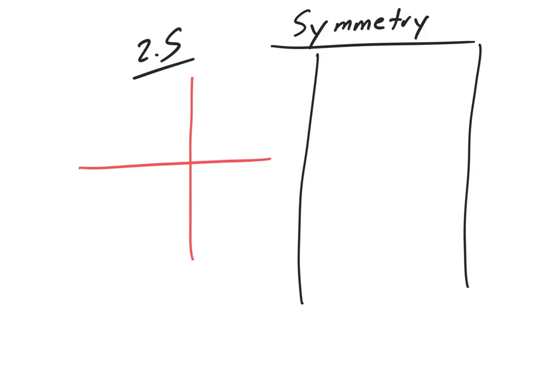The first one is what we call symmetrical to the x-axis. If a graph is symmetrical to the x-axis, and this isn't something that we see very often, that means we have the x-axis splitting the graph right down the middle. Okay, the x-axis goes right down the middle of the graph. One way that we know that this graph is going right down the middle, other than just visually looking at it, and it looks like it does, but to verify that it actually does,